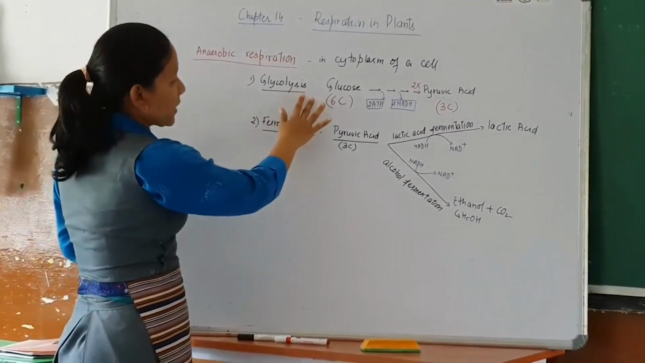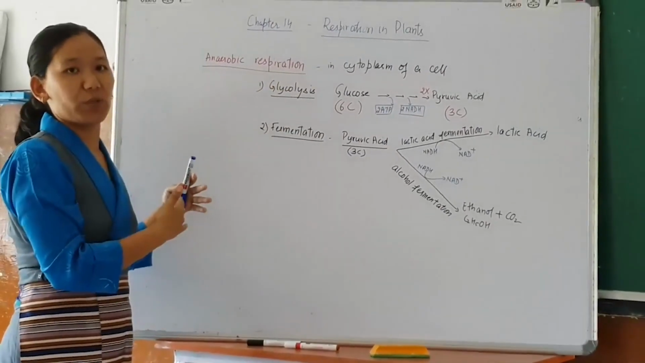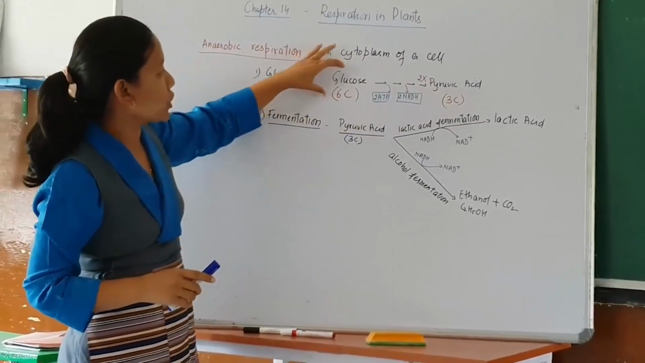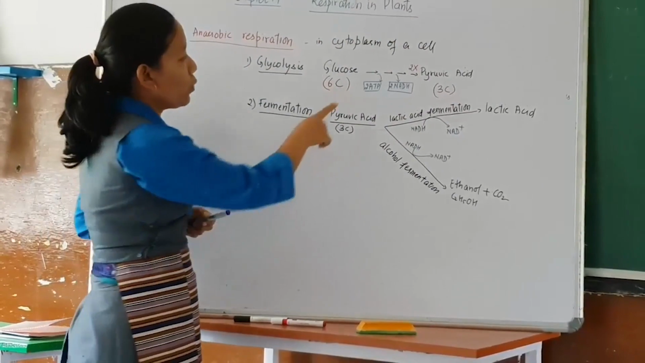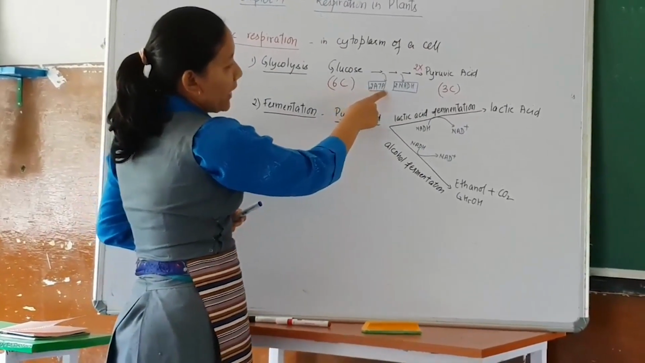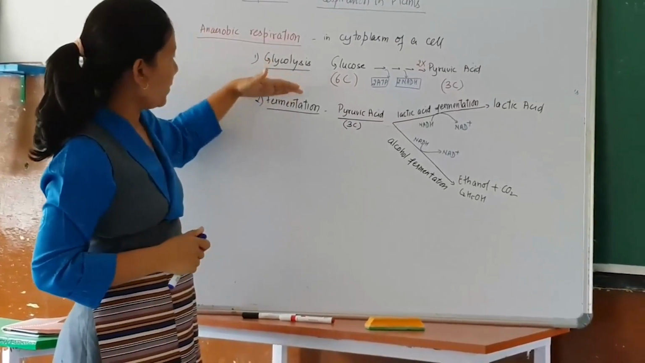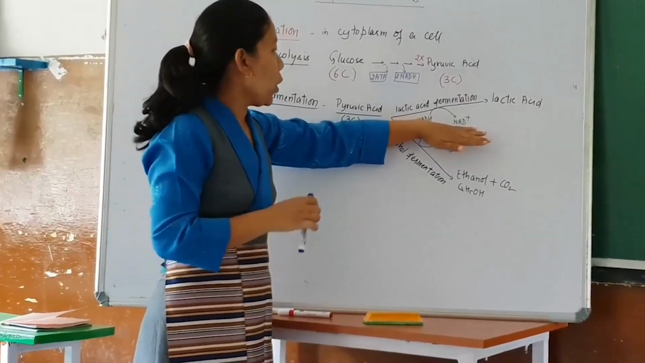So glycolysis, this step we will be talking in detail when we talk about aerobic respiration. It is the same, so I just go quickly here. Glucose is broken down to form 2 molecules of pyruvic acid. What we get is 2 ATP and 2 NADH. But in the next step, that is fermentation, if it undergoes this reaction, what we get is